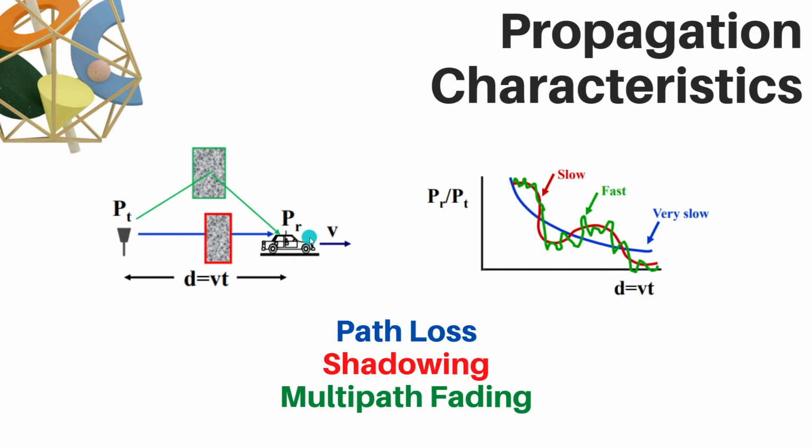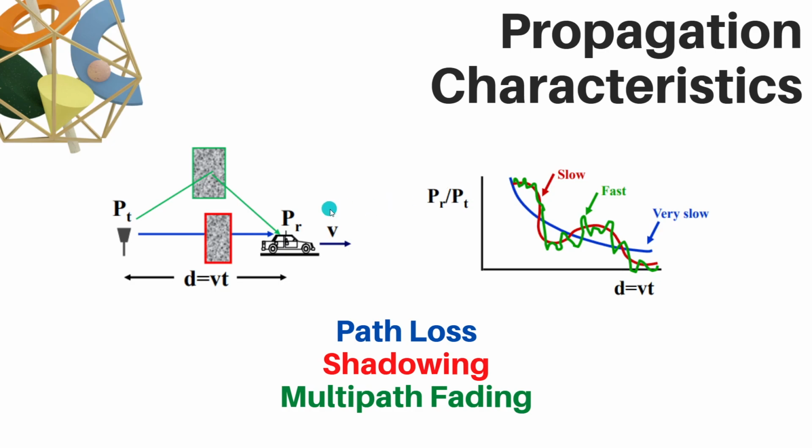It is not constant. When the receiving side is steady, as shown in this car, if it has no velocity, it receives a better signal. Moving on to this graph, the y-axis depends on the power received, since the transmitted power is constant, and the x-axis depends on the distance between the transmitter and the receiver.